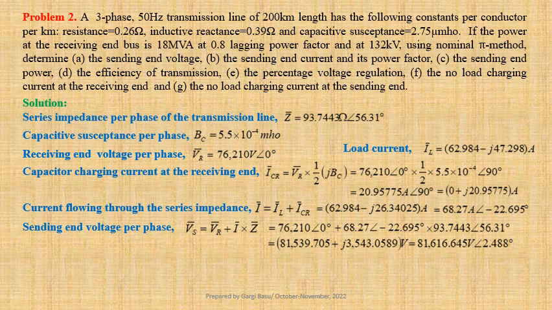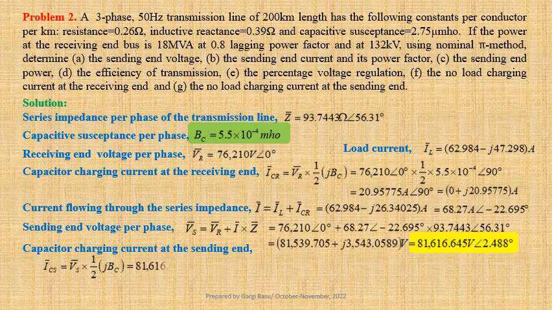Now we shall compute capacitor charging current at the sending end. I_CS equals to Vs into half of j times Bc. Using values we get 81,616.645 at an angle 2.488 degree into half of 5.5 into 10 to the power minus 4 at an angle 90 degree. That gives us 22.4446 ampere at an angle